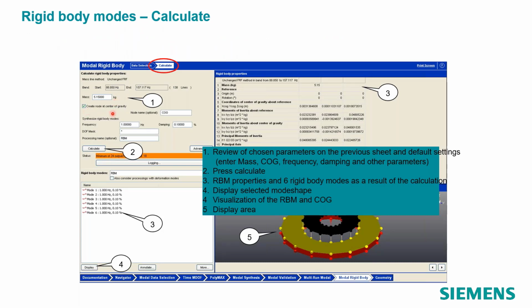You can tell it to create a node at the center of gravity and give it a name. By default, it's called COG. I can hit calculate. I can tell it the frequency I want to put the rigid body modes at. I can give it a damping I want to save with the rigid body modes. I can tell it a degree of freedom mask, and I can give it a processing name. And when I hit calculate, it calculates the 6 rigid body modes, and it populates the rigid body properties in